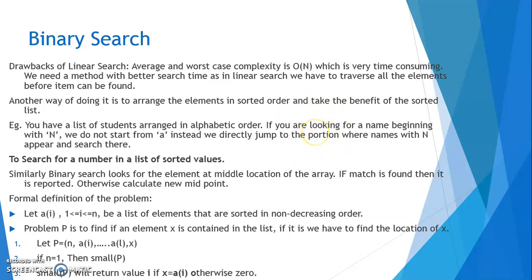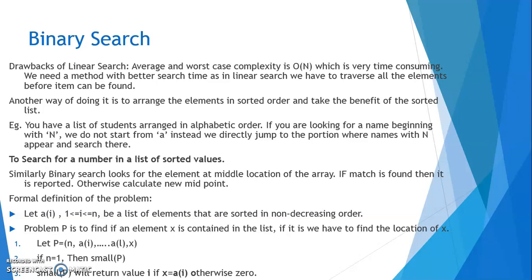So in binary search, in the data, we don't know where the item will start. So we will use the index location and divide the size of the array, that is the number of occupants in the array, by 2, and whatever index value we get is treated as the midpoint. Now we will match the item that we are looking for with the item at the midpoint. If it is equal, we will report that midpoint as our answer. If it is not equal and the item at the midpoint is less than the item that we are looking for, in that case we will look in the upper part of the array.